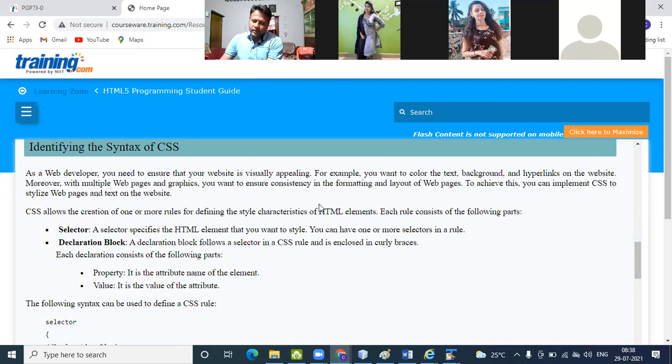CSS is a computer language which is very simple and which you can easily learn. To write code in HTML and CSS, we normally use a text editor, or some IDEs have a CSS file inbuilt, like the NetBeans IDE.